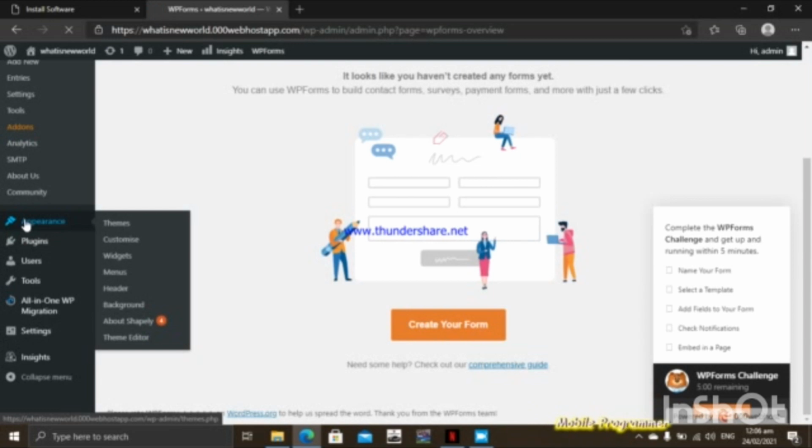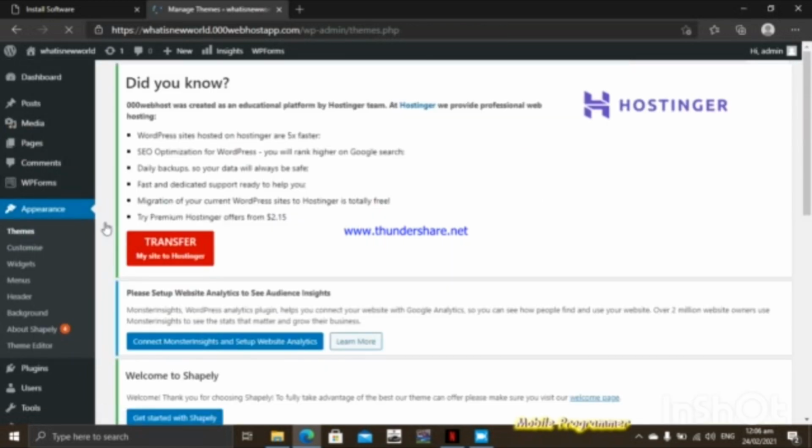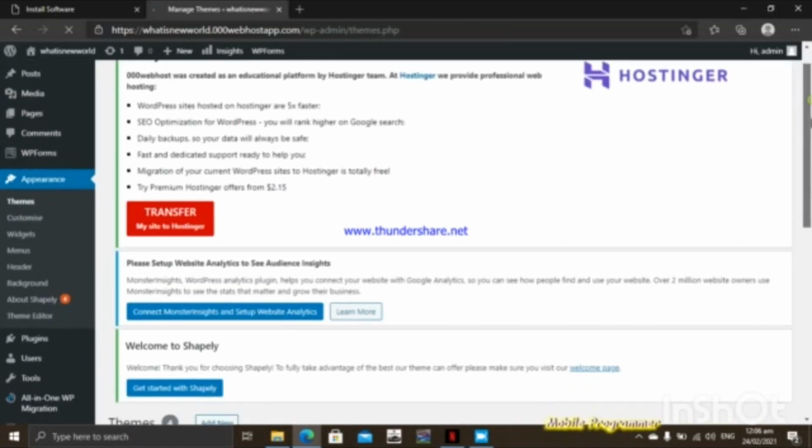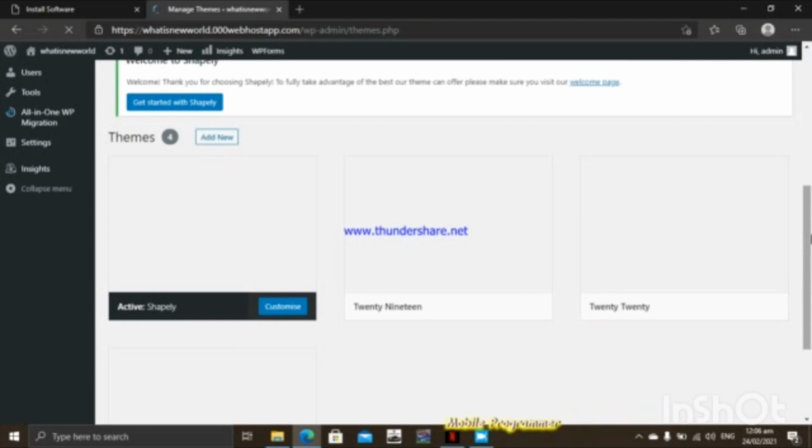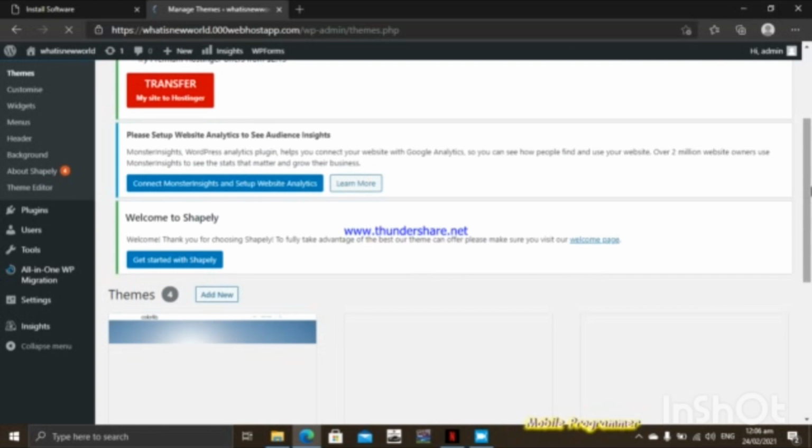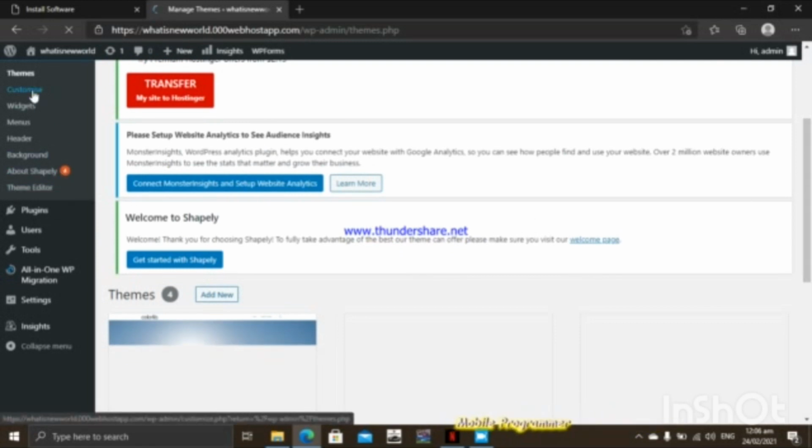Then we have appearance. The appearance has a lot of categories. You have your themes. This is where you can download themes already designed by other people. You can set it to give you a grand idea of how you want your site to look. You can still edit it, you can edit your color, but it just gives you a quick idea of how your site is likely to look. So you can browse different ones, download the one you think you need and activate it for your site. We have customize. Customize is where you'll be able